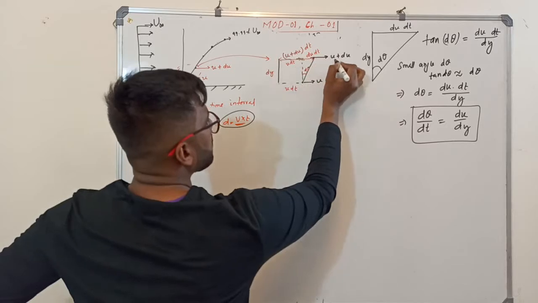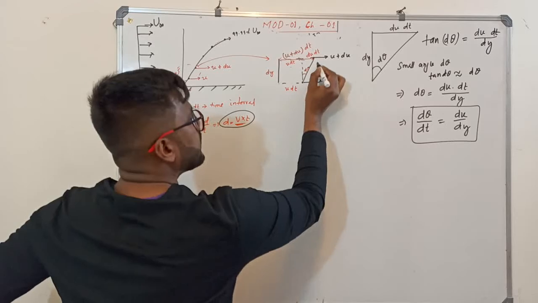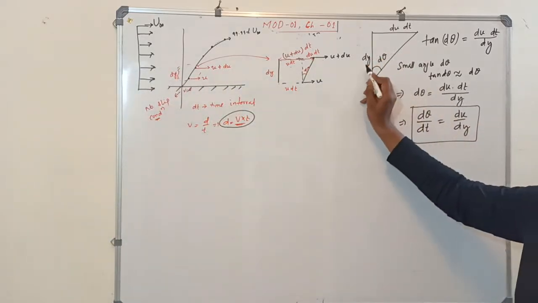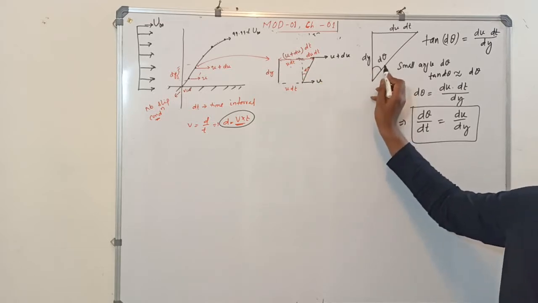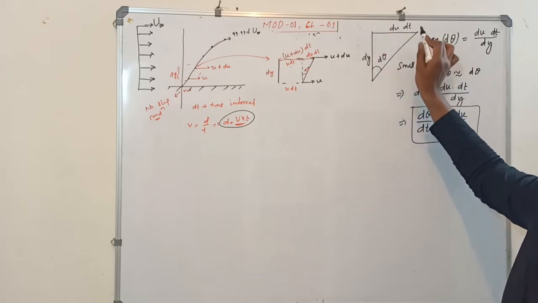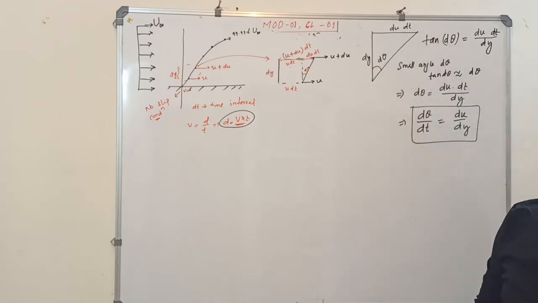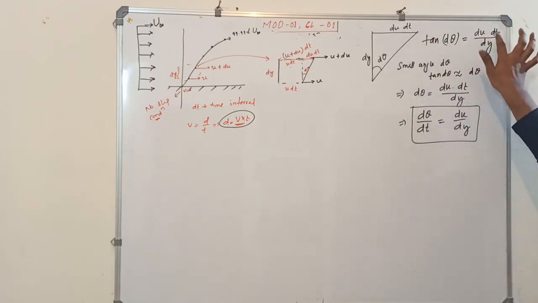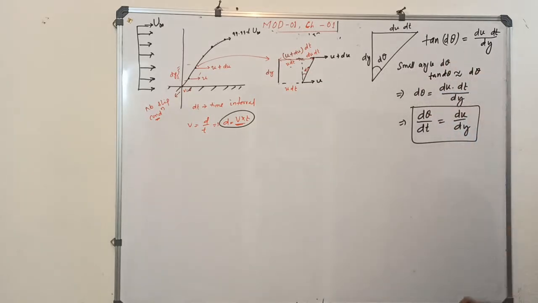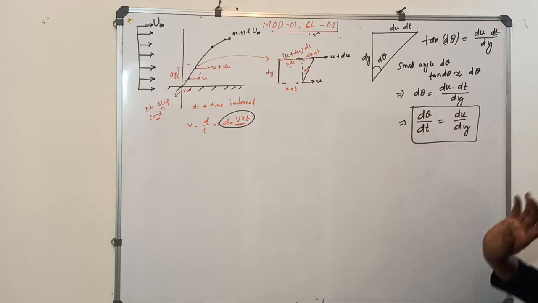What is the velocity here? u plus du into dt, that is u dt plus du dt. Now I am trying to read this, hence I have drawn the diagram here. What is your dy? It is the depth here. d theta is the angular displacement, and du dt is the distance traveled. If I take the tan of the angle here, it is opposite by adjacent, tan d theta, du dt divided by dy. For a small angle d theta, tan d theta equals d theta. So d theta equals du dt by dy. Hence d theta by dt equals du by dy.